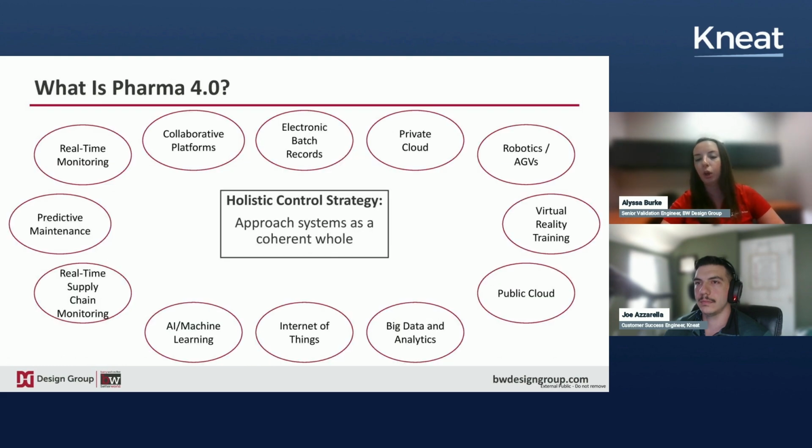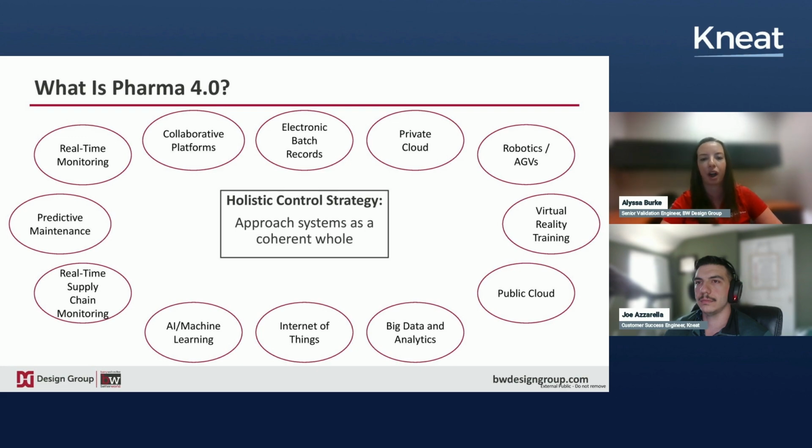So, if you are less familiar with the term Pharma 4.0, it's an ISPE branded term. It's the pharmaceutical industry's response to Industry 4.0. So what it does is it integrates these cutting edge technologies that we've seen arise in the last 20 or so years, such as the Internet of Things, big data, artificial intelligence, in order to create more agile and efficient and compliant processes. It's really about leveraging digital solutions to transform that entire life cycle of pharmaceutical products, utilizing a